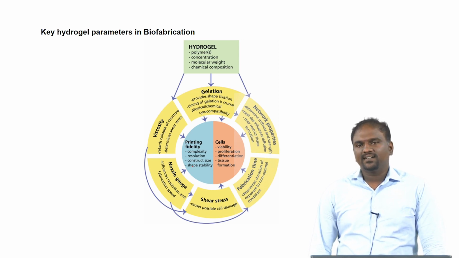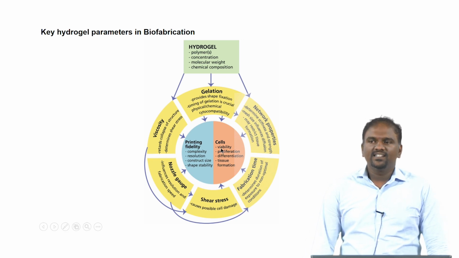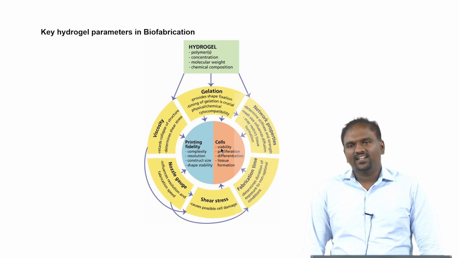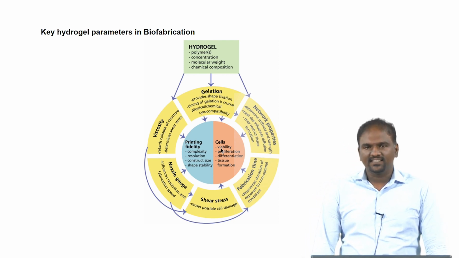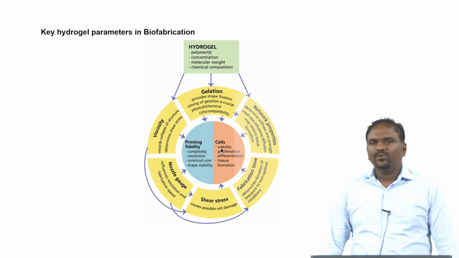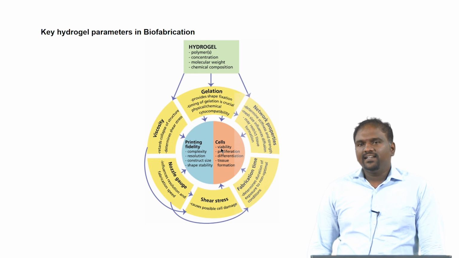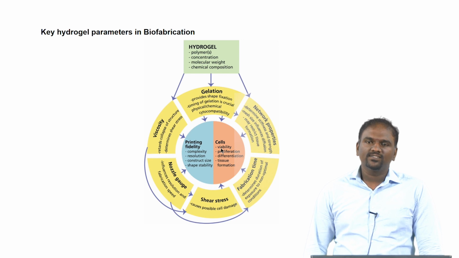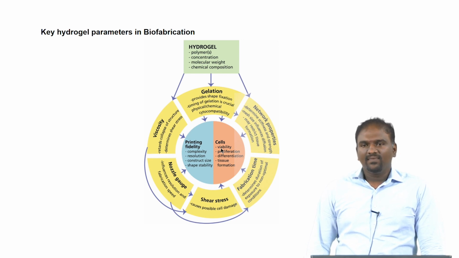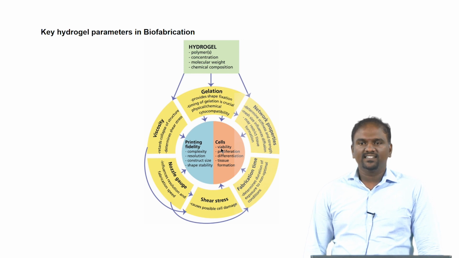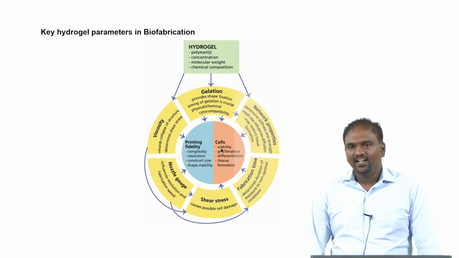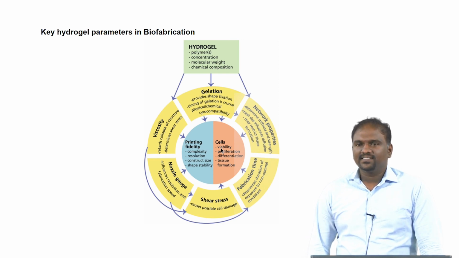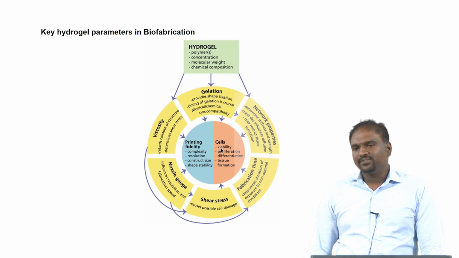All these things are mainly controlled by two main parameters. One is the viscosity, or the rheology, of the polymer we use for biofabrication, and the second is the cross-linking mechanism. Viscosity is mainly determined by two parameters: the concentration of the polymer and the molecular weight of the polymer. These two parameters decide the viscosity of any polymer solution. So, if we take a highly viscous polymer with high molecular weight, what happens? The nozzle will not be able to print that particular material.